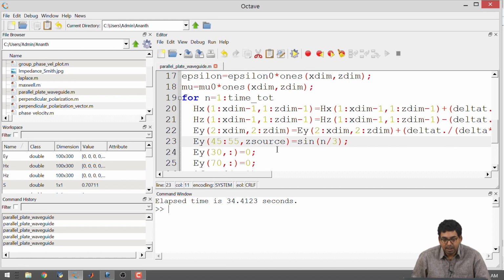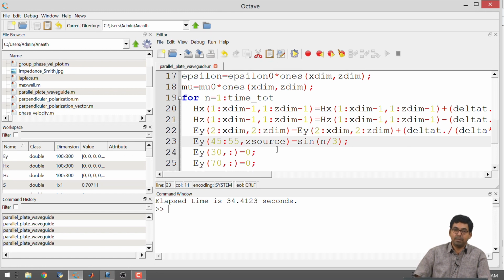Now, we will just make a couple more things, right. I had a waveguide going from left to right, okay. Now, what I am going to do is I am going to introduce a 90-degree bend, okay, but I am going to make this an abrupt 90-degree bend. So, I am going to launch it from one side, right, and I am going to abruptly try to see what would happen if I kept a perfect conductor 90 degrees, all right. So, that I would really know whether it is doing some waveguiding or not.